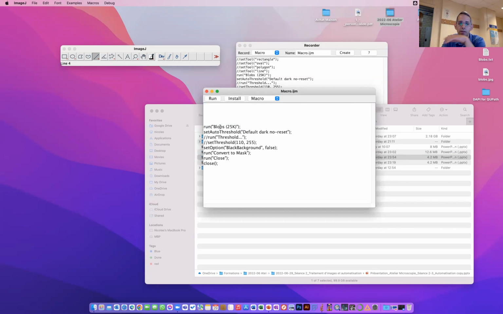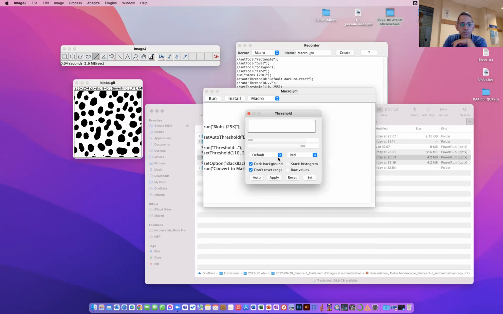It won't change anything. So in this macro, the first thing, it opens blobs. It does an auto thresholding. It runs the threshold, but you see that this has been put in a comment. You can actually set the threshold automatically, and you can convert to mask, close the file, and that's it. So if I run that now, I remove the close, I should open blobs and do the